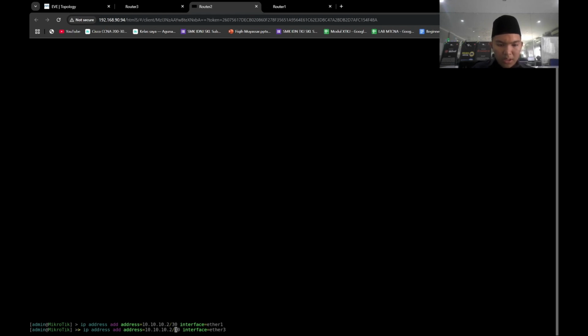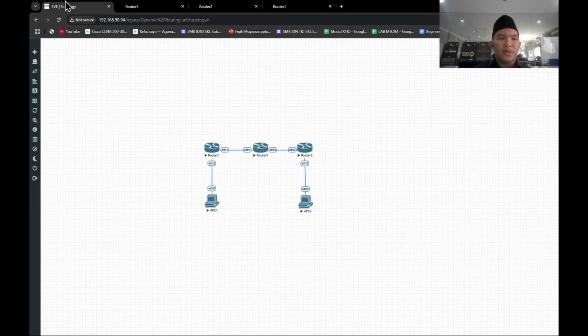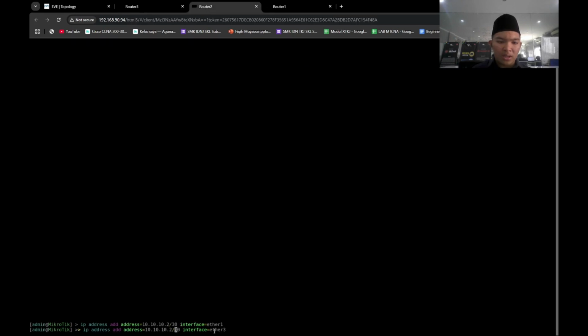I'm going to use the same prefix, 30, because as I said in the tutorial on how to make static routing, prefix 30 only has two hosts, and because in here there are only two routers that use IP hosts in this network, it can be used. And the IP, maybe the same, 10.10.20.1.